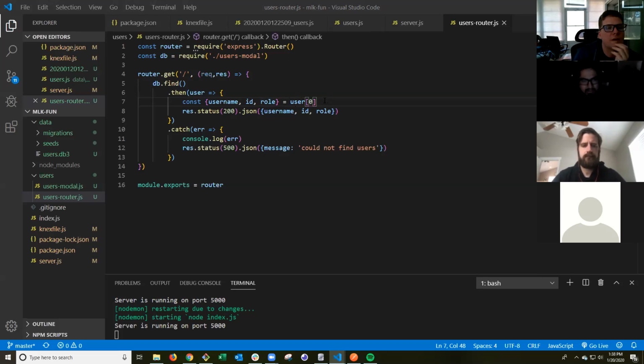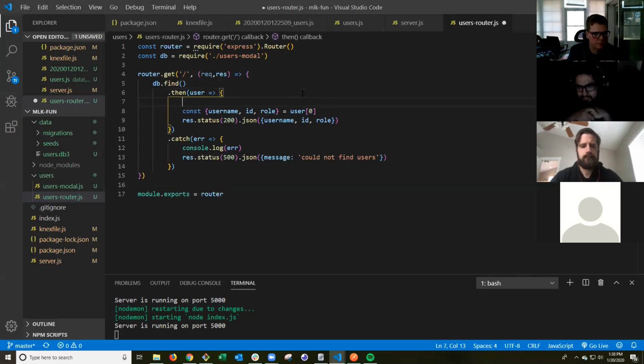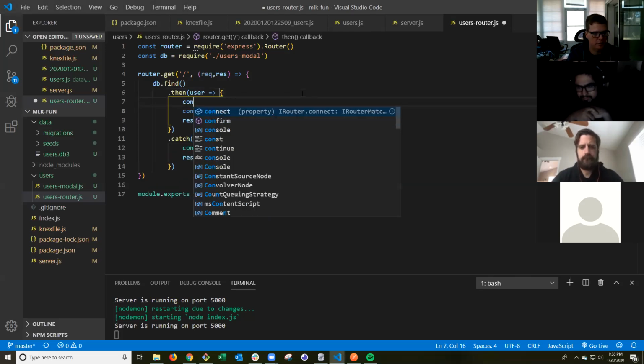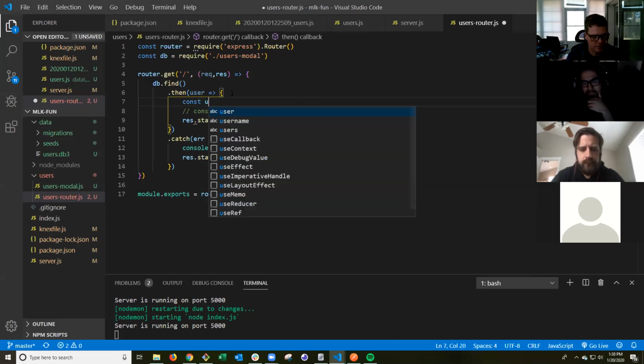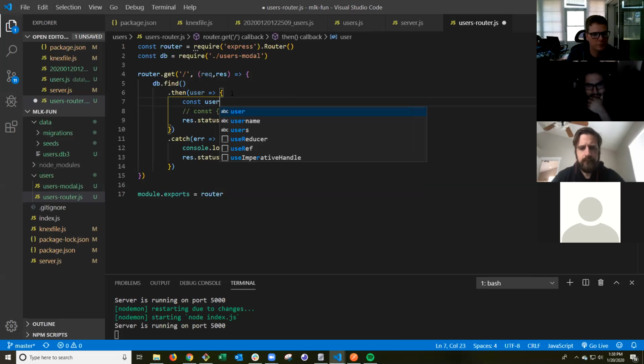I bet we can map this over. Let's try doing something like that. Let me comment this out. This is basically just raw JavaScript. We're just trying to figure this out. It's probably because I'm returning multiple users. So let's go const. We'll call it users equals user dot map,